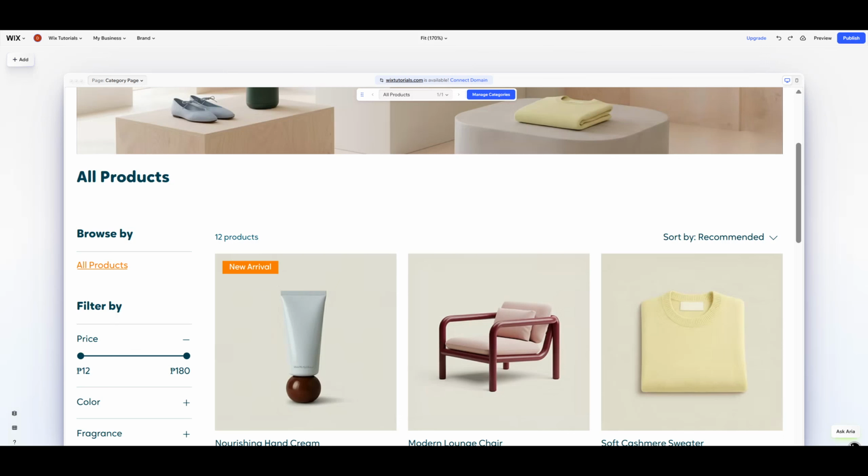In today's video, I'm going to teach you how to add products in a Wix website. To get started, open your Wix site and go into the page editor so you can access all of your website management tools. Once you're inside the editor, look to the top left corner of the screen and click on